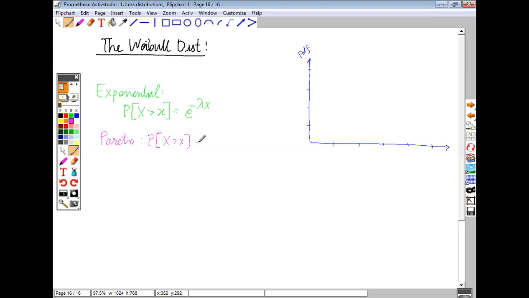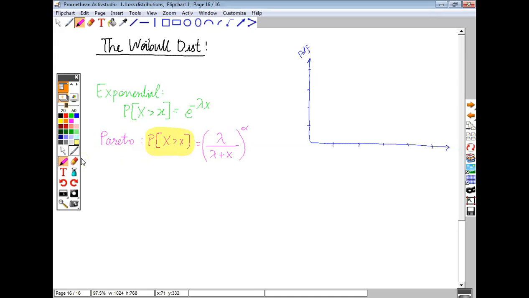And for Pareto, it will be something like this. So again, we are looking at the chance that it takes a value greater than a certain value x, so that will be something like this: lambda over lambda plus x, and everything raised to the power of alpha. So whenever I'm looking at things like this,